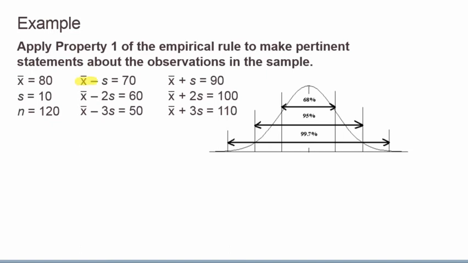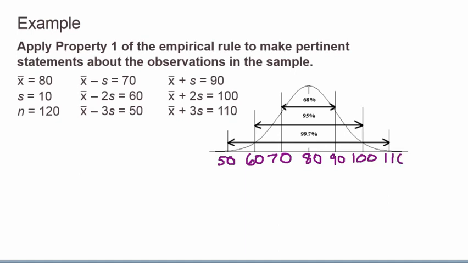One standard deviation is between 70 and 90. Two are between 60 and 100. Three are between 50 and 110. If it helps, we can write this on our graph. So we have 50, 60, 70, our mean is 80, 90, 100,